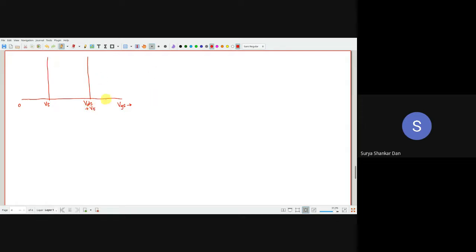All right, so this is the point where VGS equal to VT. Okay, so you are increasing VGS along this axis. So between 0 to VT, what is this region called? Anyone can answer? Subthreshold region. Excellent, we will call this subthreshold. Very good. So this is your VGS here, right?